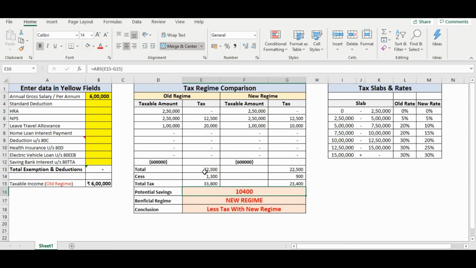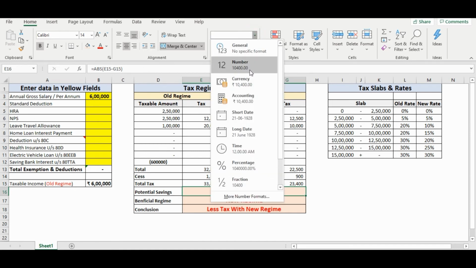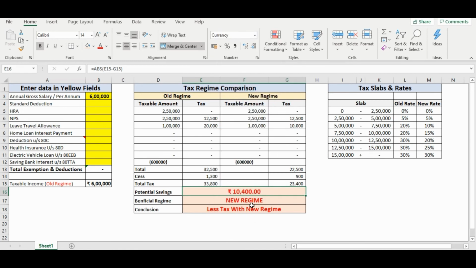Let's make this amount look like this one. For this, we can just click on the general numbering format. Let's choose currency.